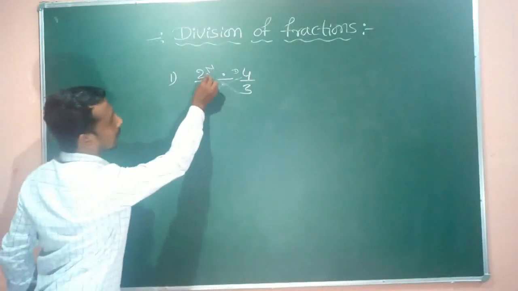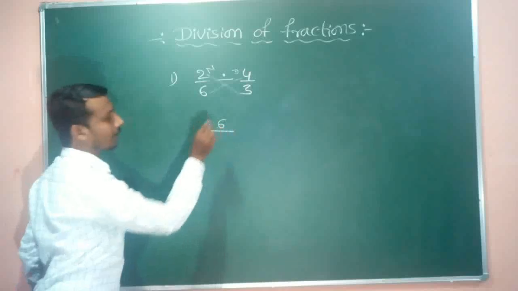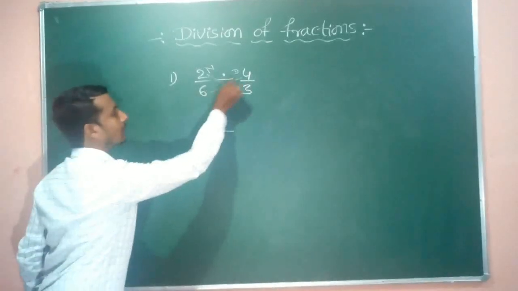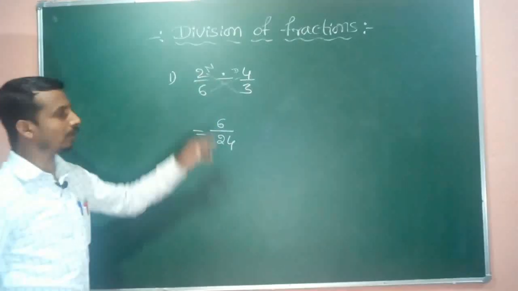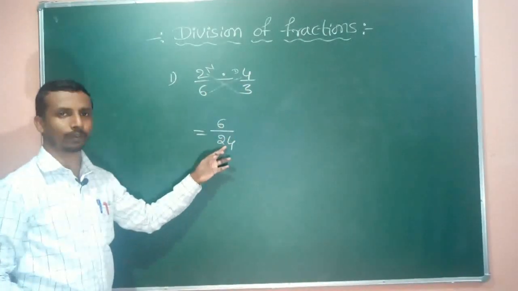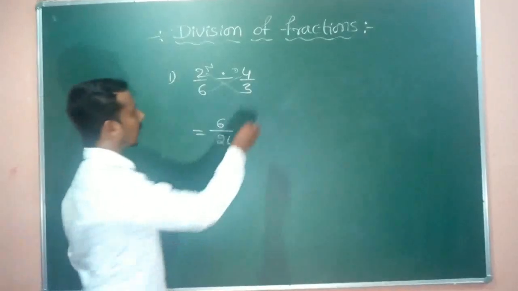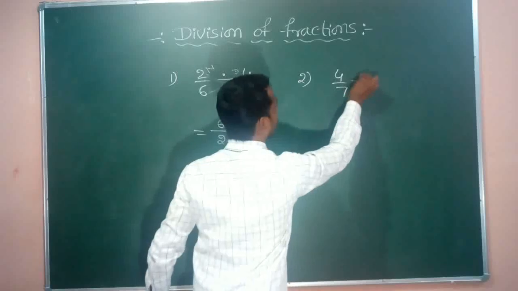Then multiply for the numerator. 2 threes are 6. The numerator is 6. Then 6 fours are 24. Then the division of 2 by 6 and 4 by 3 is 6 by 24. Then consider another one. The second one, 4 by 7 dividing by